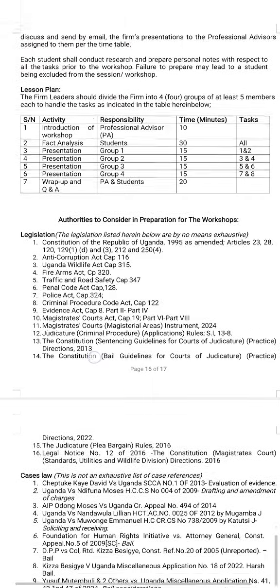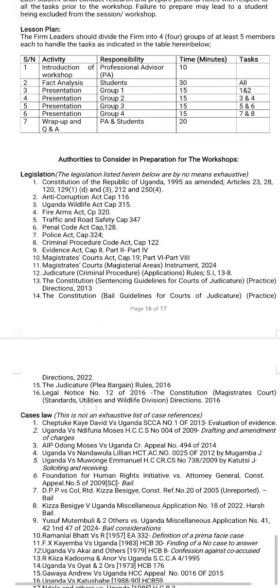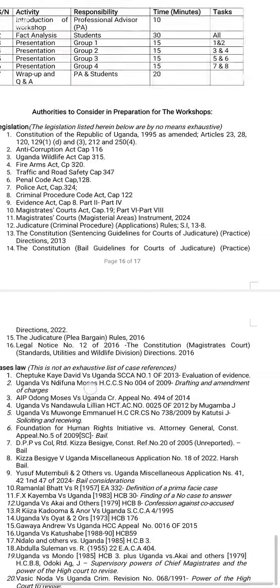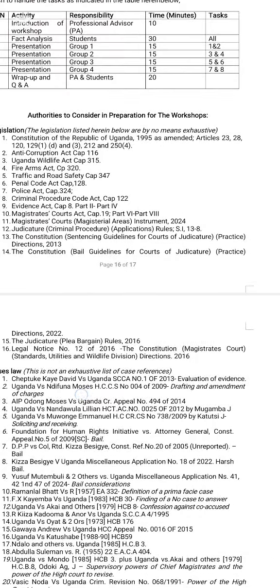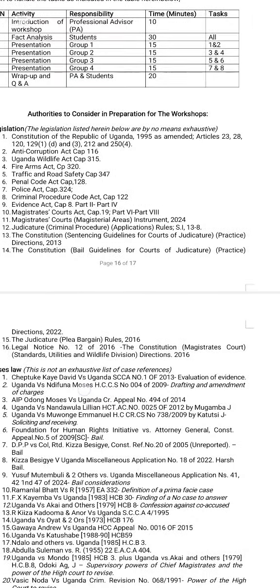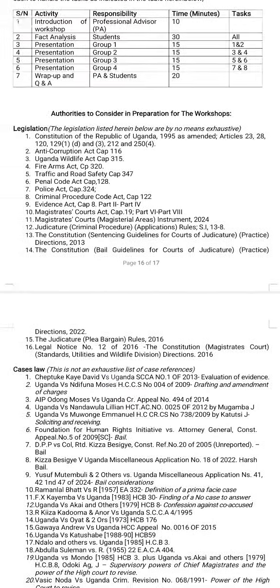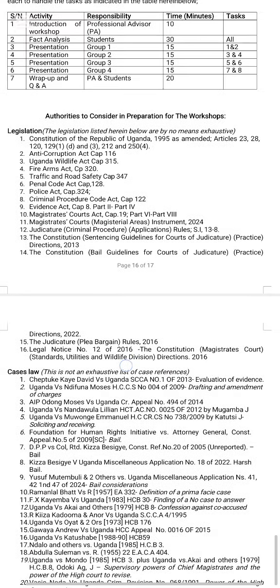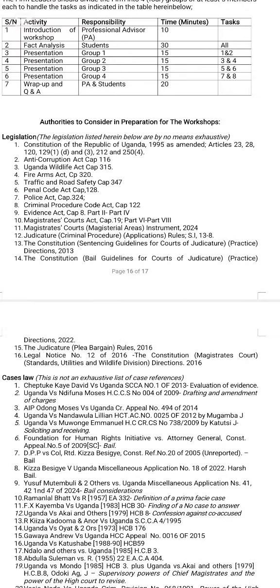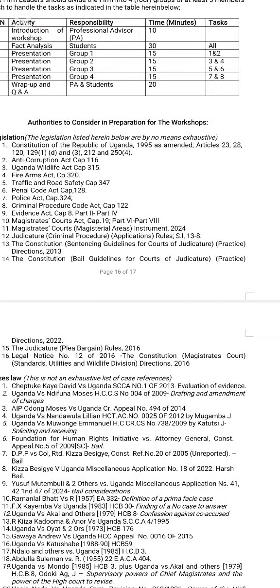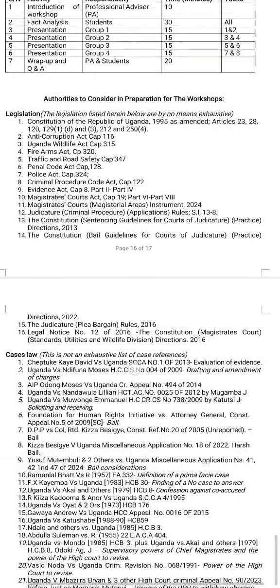So, case law. Basically that is for workshop 2 also. I'm looking here at the Constitution: Article 23, liberty; Article 28, right to fair hearing; 120, powers of the DPP; 129(1)(a) and (d), the courts of judicature in Uganda; 212, functions of the police; 254, Uganda to be one of the parties in criminal proceedings.